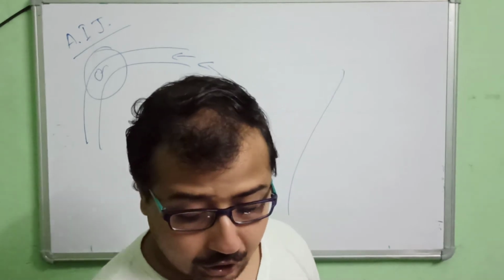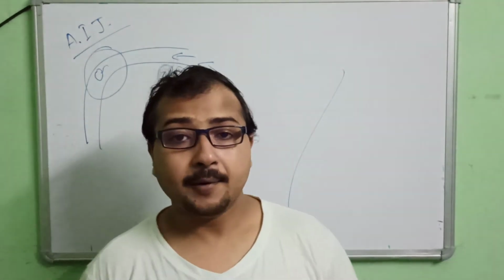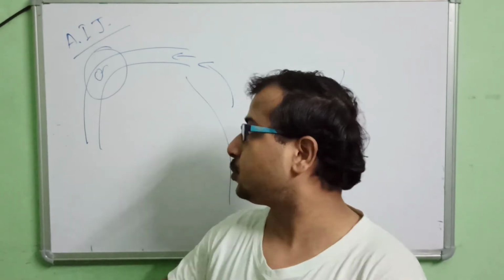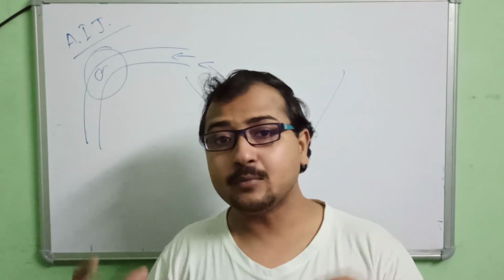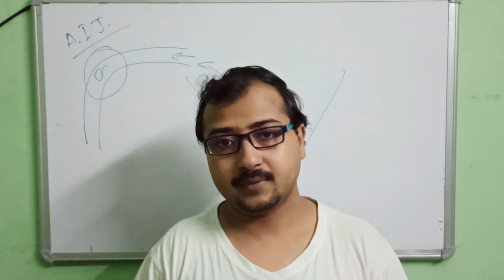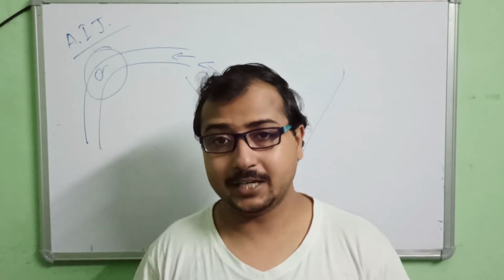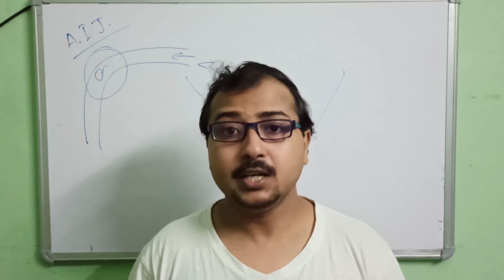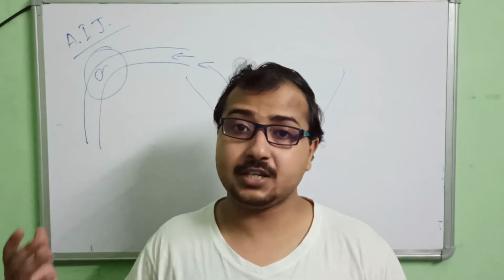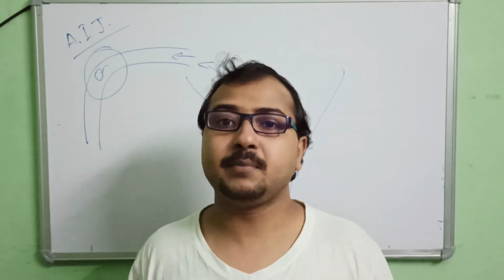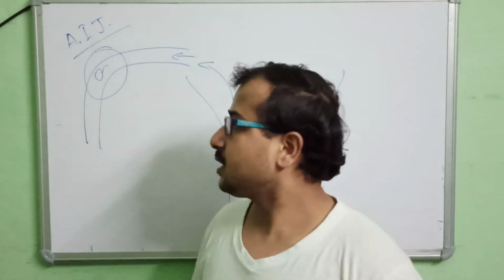And remember, there is a condition behind it. What is the condition? Both the sperm and the egg are supposed to reach this junction simultaneously. Otherwise, fertilization will not take place. There will be failure of fertilization. It will not lead to pregnancy. Even if it is fertilized, it will not lead to pregnancy. What is the reason behind that? That I will discuss later on.